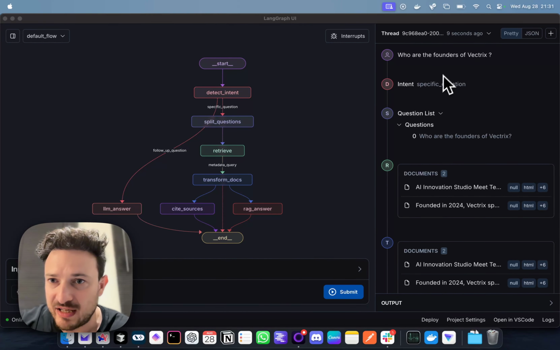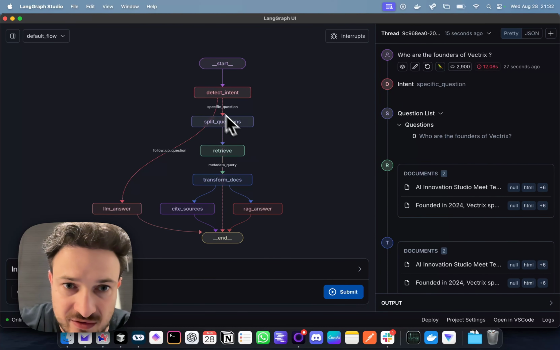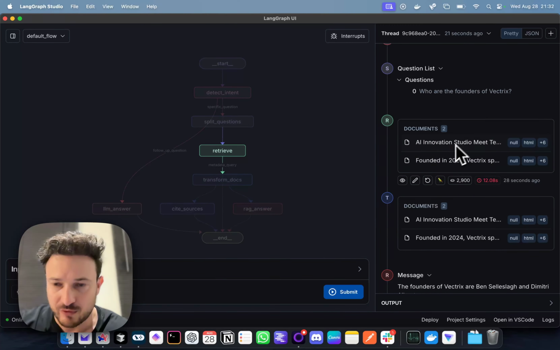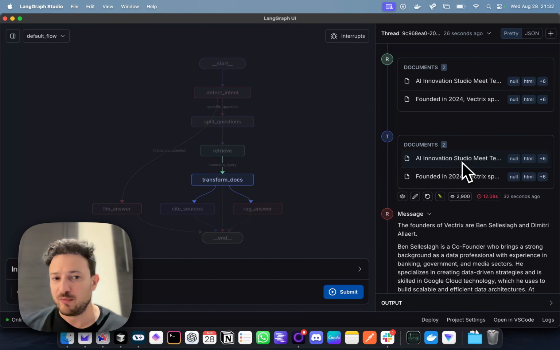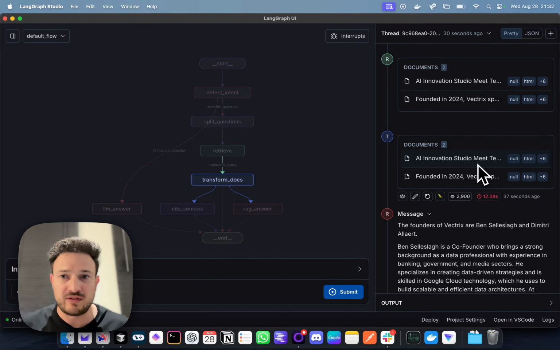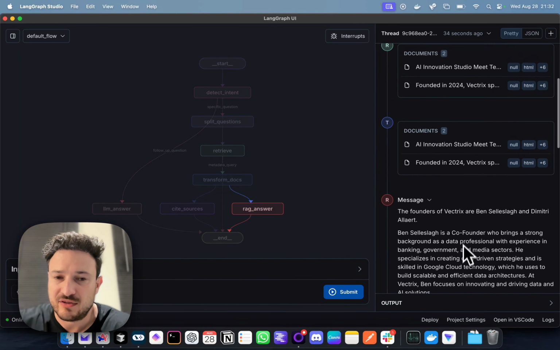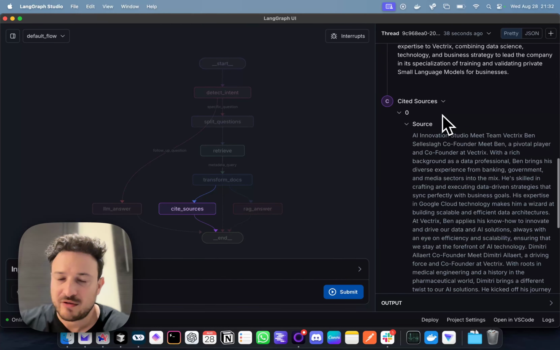So first I ask the question, then the intent is detected. So it's a specific question. It's just one question: who are the founders of Vectrix? Then we will retrieve our documents. We will call a reranking model. Transform docs will call a reranking model and filter out any unnecessary content. And then based on that content, we will provide an answer. Now that's really easy. And we'll also provide the citations from the